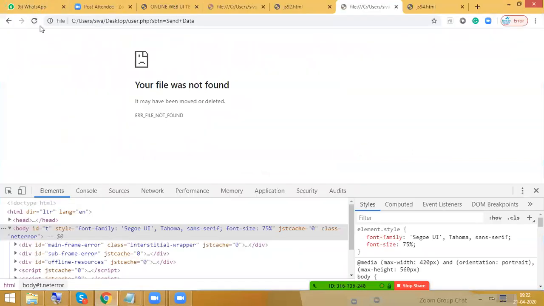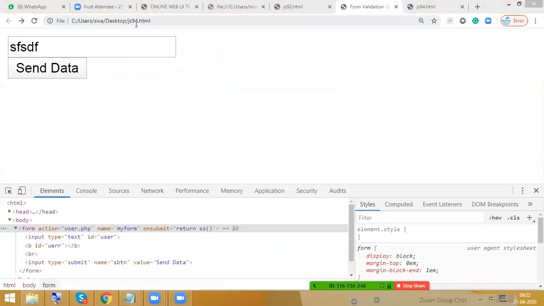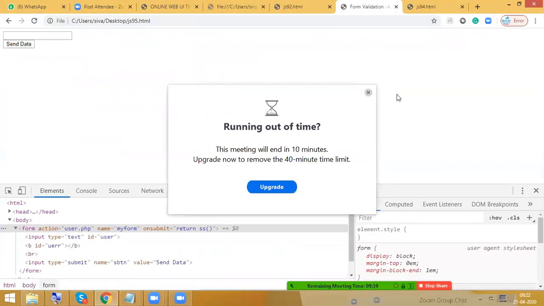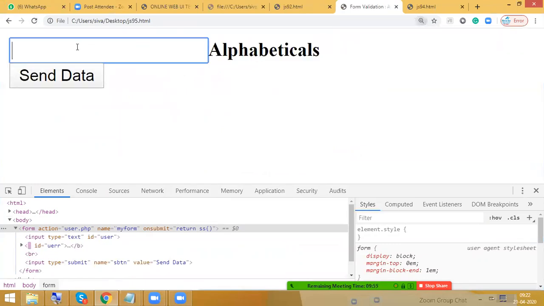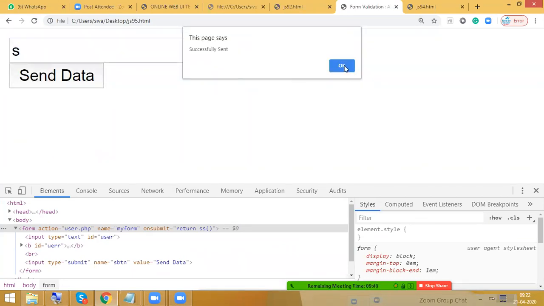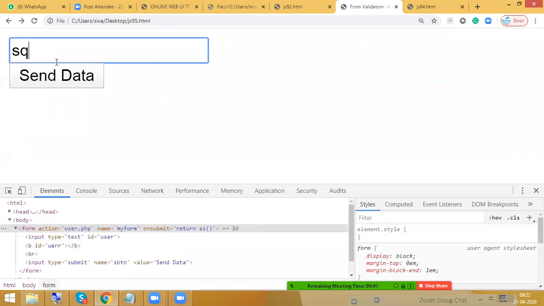So now check it. Okay. So now it's an error, single character. Now it is success. Okay. So if you type more characters, it will not accept.